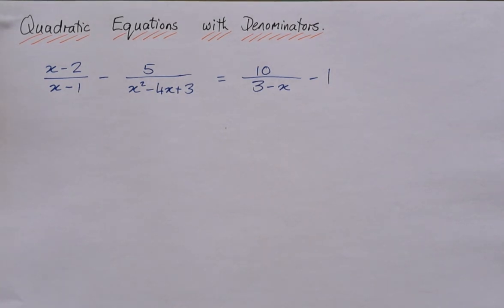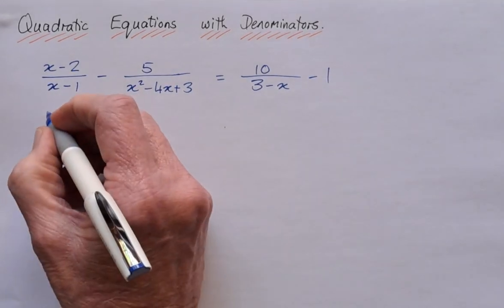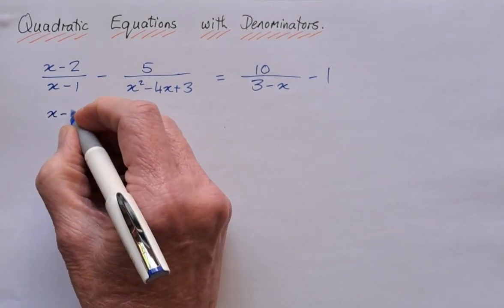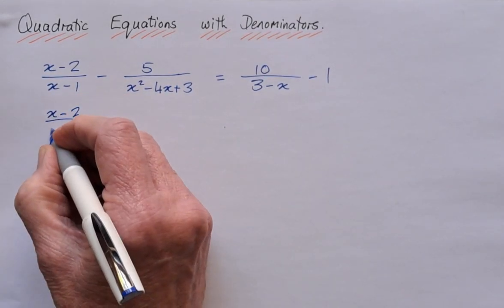Let's take it up a notch with this quadratic equation with denominators, which means we're going to again be dealing with an LCD and with restrictions. So remember, in these cases, you need to always make sure that your denominators are factorized so that you can find an LCD. So if we look at the first term, there's nothing we can do to that at this